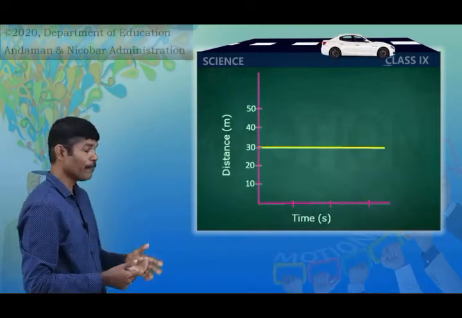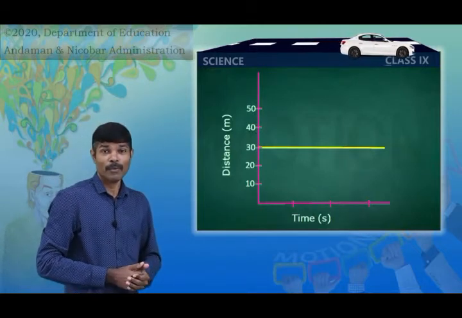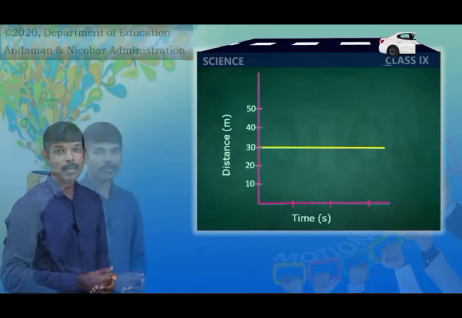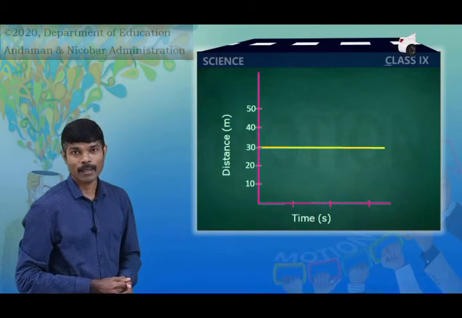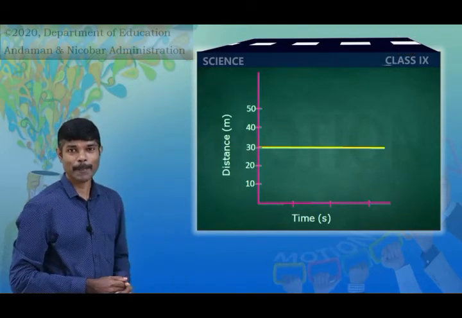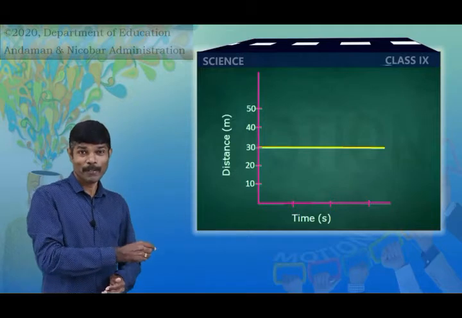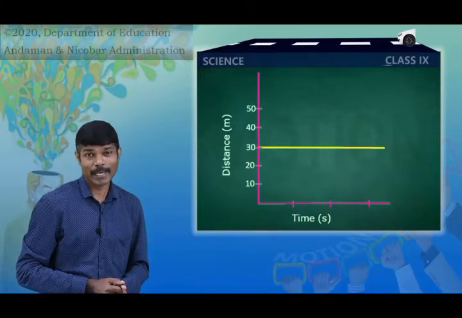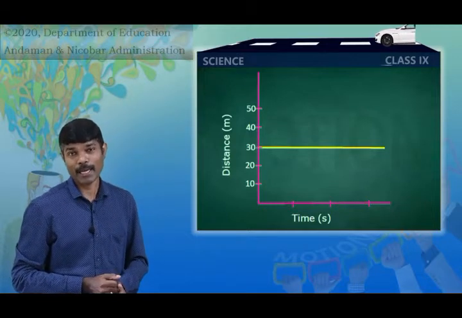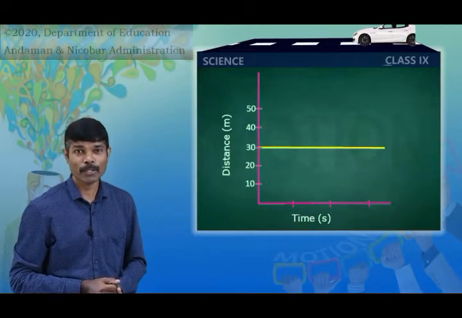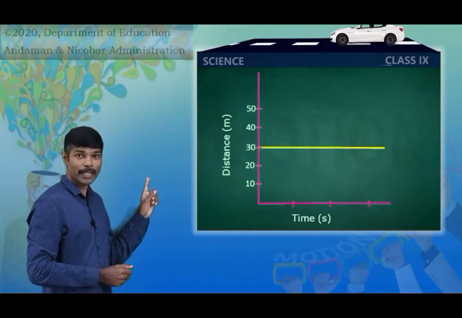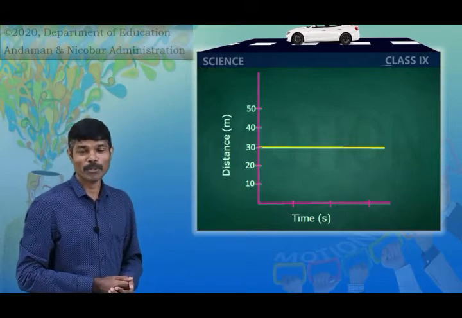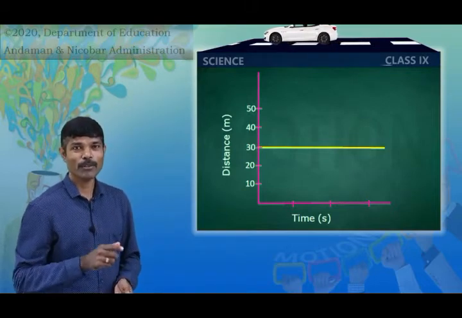Now see the third case. In the third graph, distance and time, as earlier, are plotted, and we have got a straight line. Can you say the type of motion here? In the previous section we have seen that whenever a graph is a straight line, it is said to be uniform motion. But in this graph, can you say the type of motion? You may be thinking that it is uniform motion. No children, it is not uniform motion.